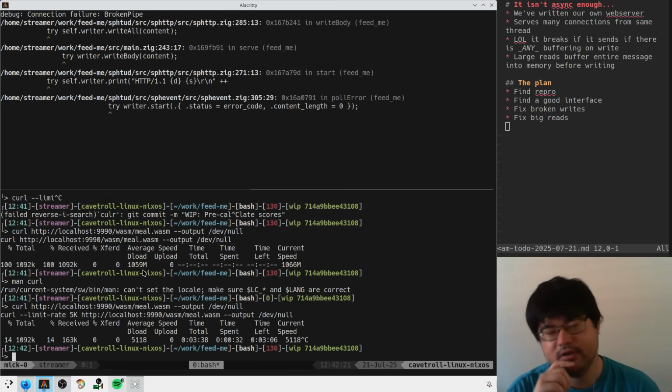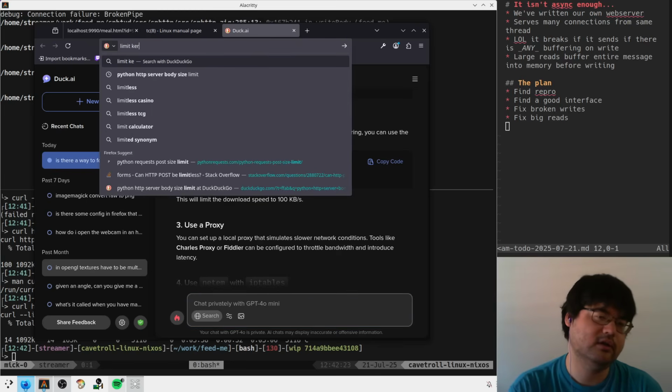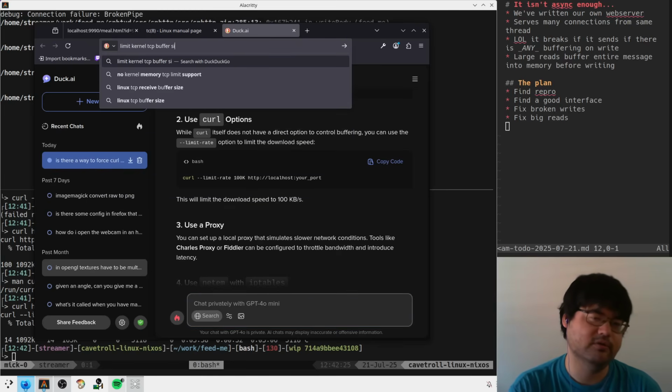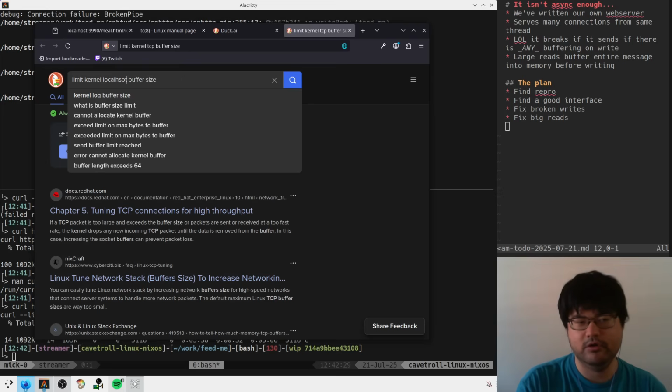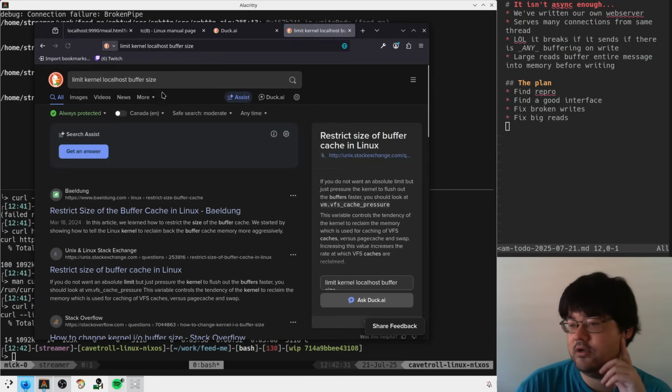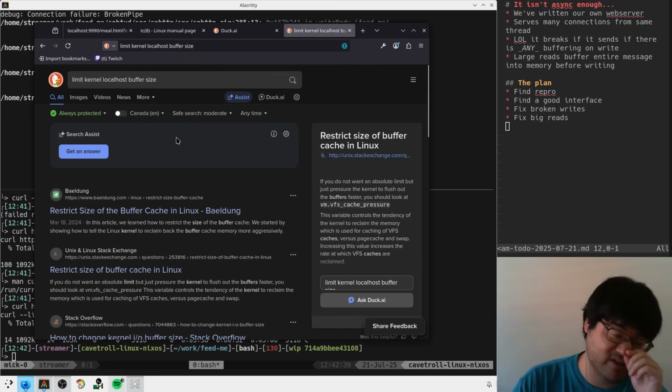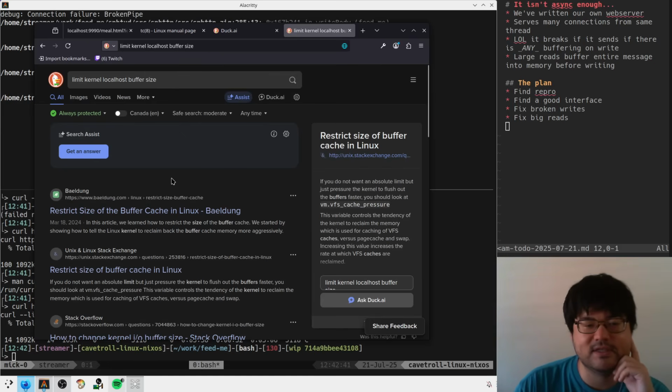Interesting. Limit kernel TCP buffer size or something. Localhost buffer size doesn't look like MTU 65536, which is larger than our thing though. I think I've seen that number before. Looks familiar, but